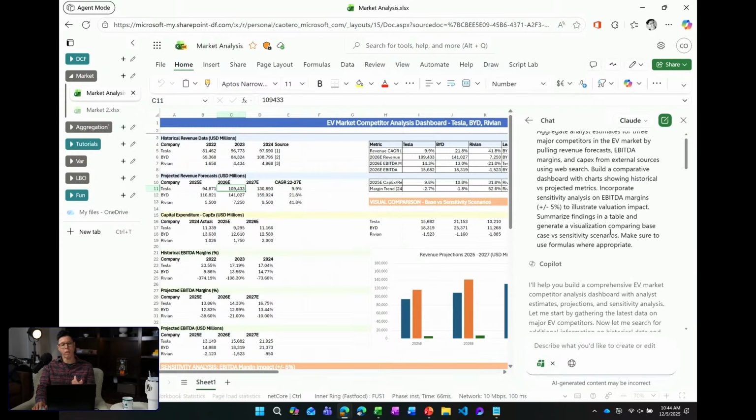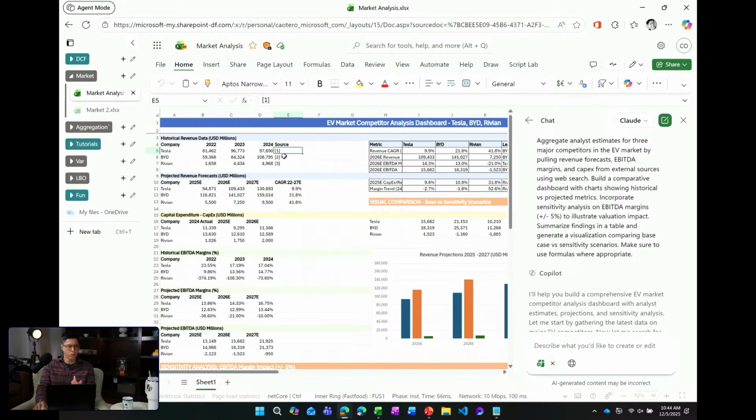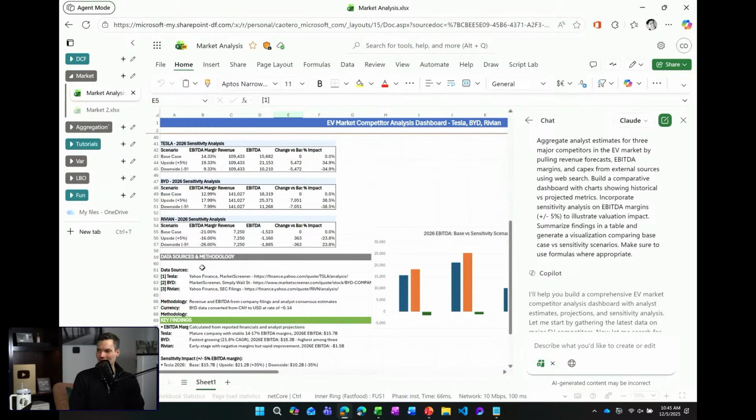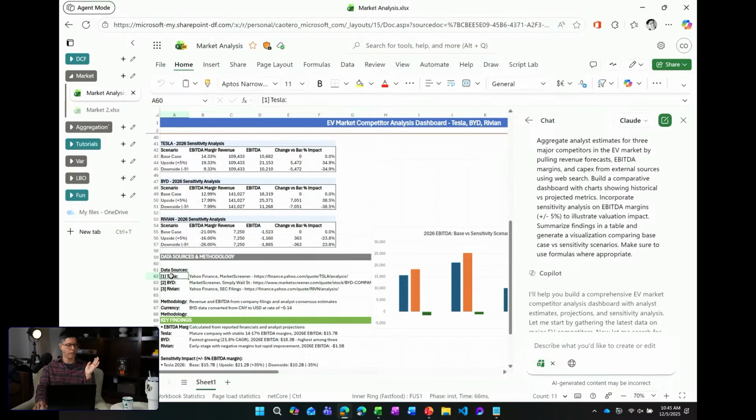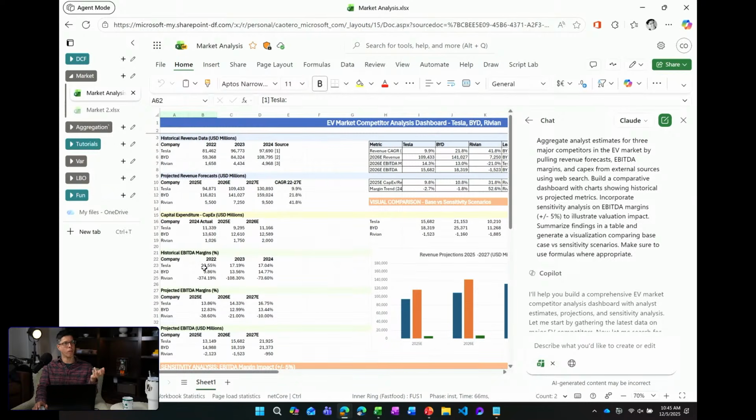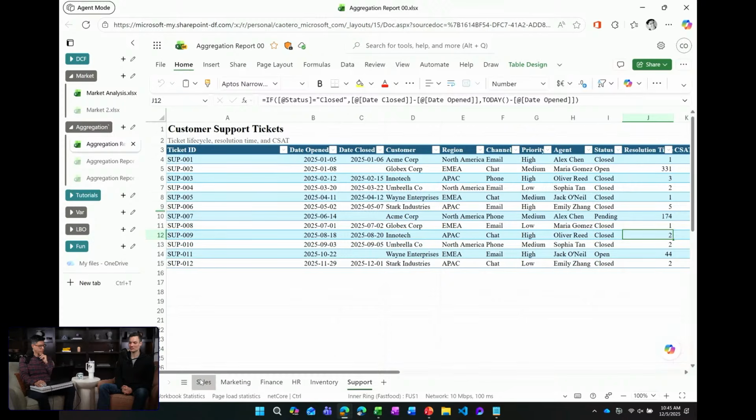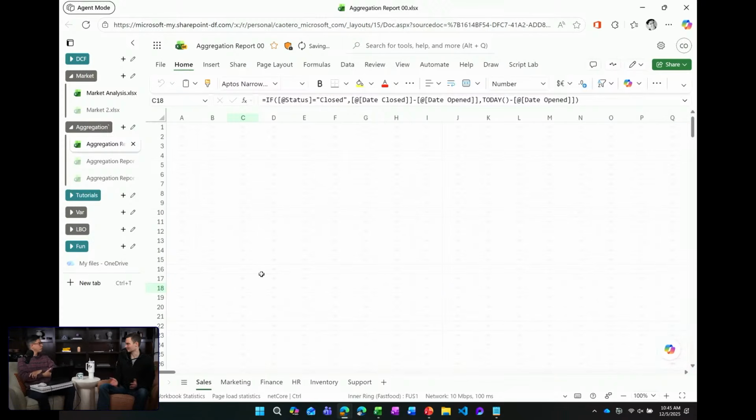One of the things that I love, and here actually it puts sources here. This is what I was going to note: you can ask it to note the sources in the workbook as well. Oh, so when you see the data on the sheet, you can tie that back to where it got it from. Here it is. I think in this case, it did that automatically. I didn't have to ask it. So it puts the sources in the workbook itself. So if someone else reviews the workbook and doesn't have the chat history, they can also see where the data came from. Right. No, that's incredible. Just thinking about how much time it would take to pull together a view like that. And now you're getting it in just minutes.